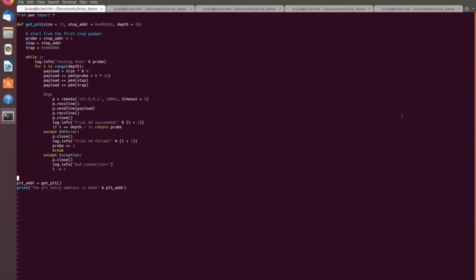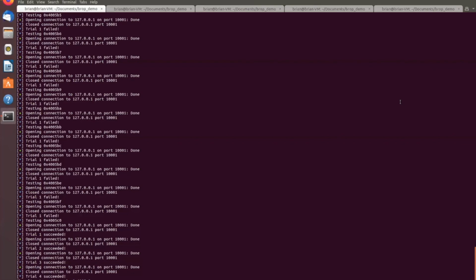The PLT table has a very clear signature because all the entries are 16 bytes apart, and all these entries will not crash the server. Therefore, we're creating a for loop here to say, okay, once I have an address, check all the addresses following it that are 16 bytes apart. All I need is 4 consecutive addresses 16 bytes apart that do not crash the server, and I will think they are the PLT entries. So right now, as we can see, the address of the PLT entry is